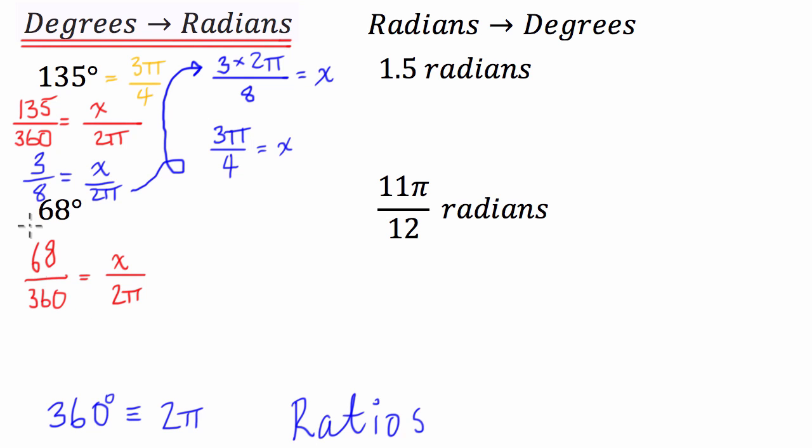We then simplify this 68 over 360, so 2 goes into both. It's going to be 34 on 180. 2 goes into both. 17 over 90. Okay. So this is going to be 17 over 90 equals x over 2 pi. So, again, let's move it up here. We then use our algebra to move the 2 pi up to the top, and we have